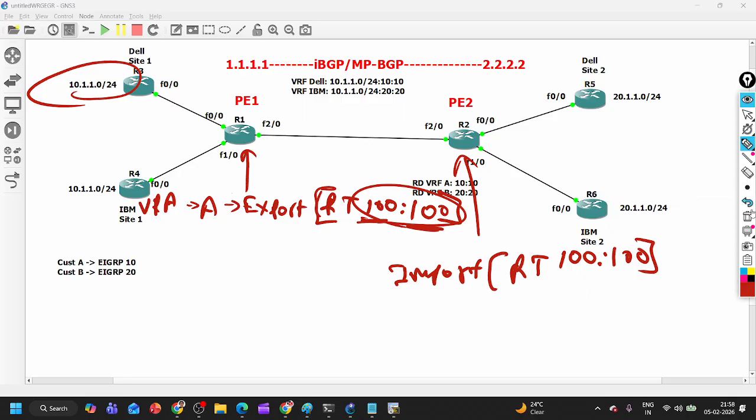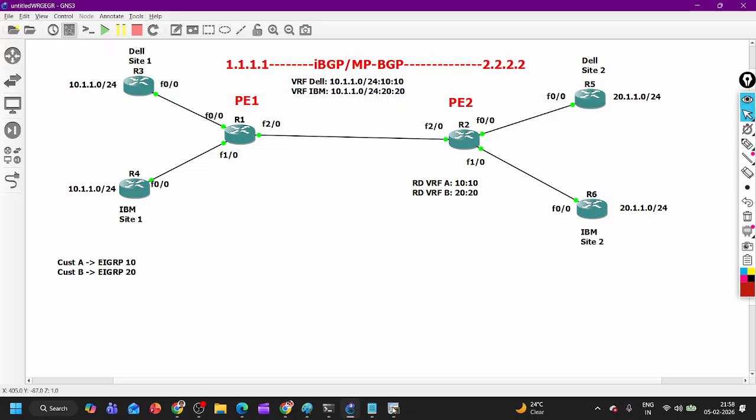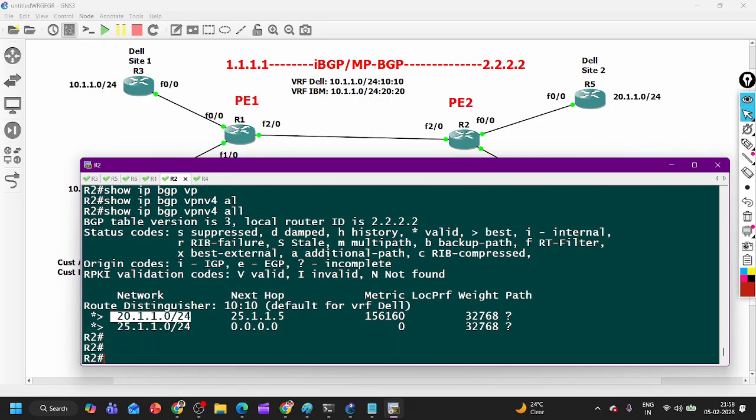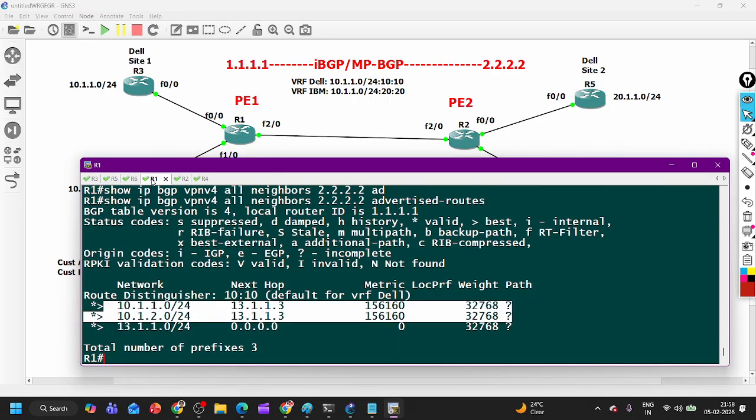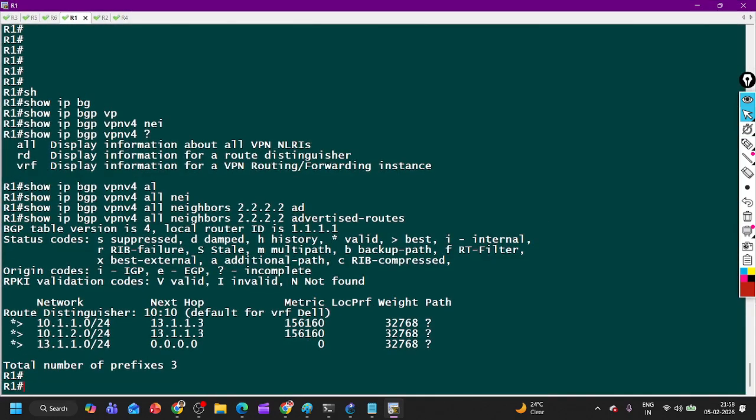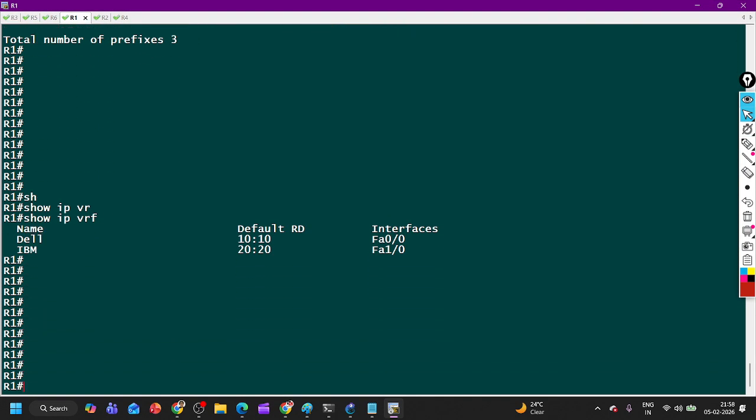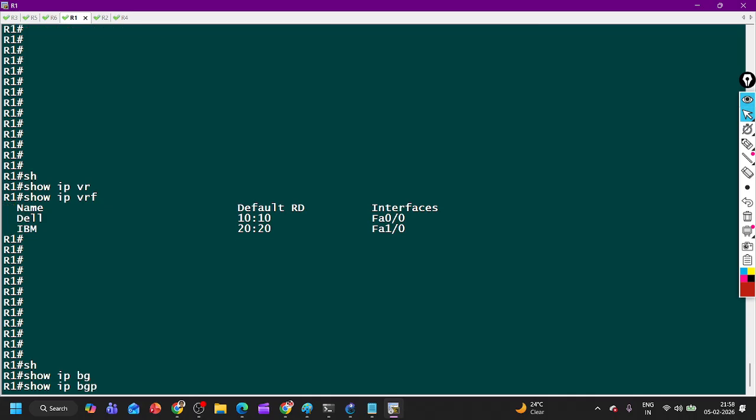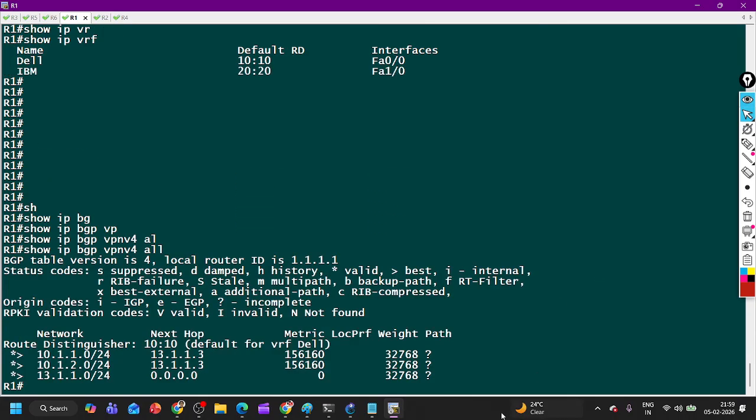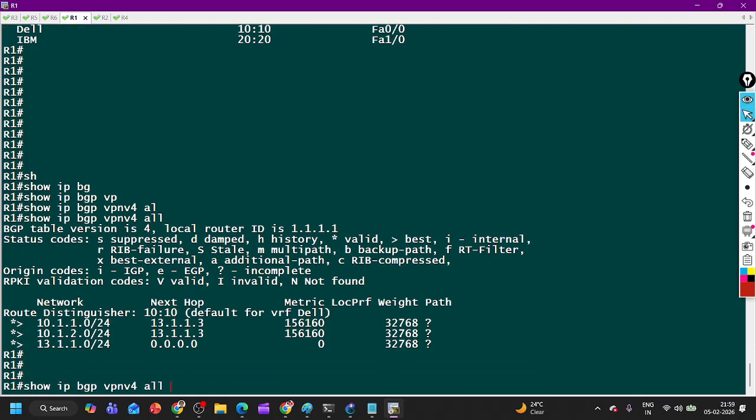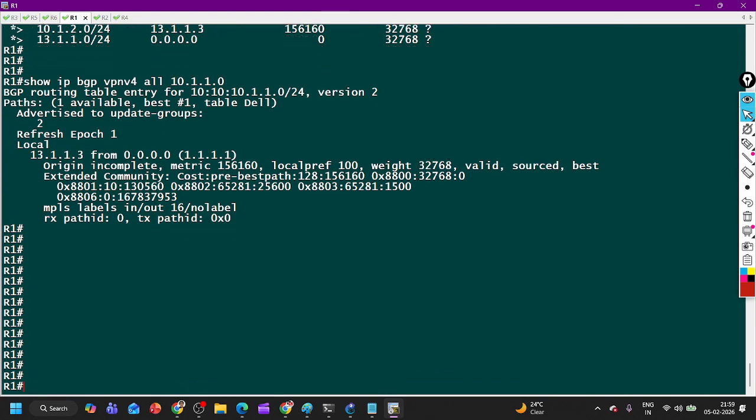Getting my point, guys? Let me show you with practical. Here on router number 1, if I open my VRF, so IP VRF, okay, this is clear. So IP BGP VPN v4. This is my global BGP. In BGP, I have some prefixes. If I open the prefix 10.1.0 in detail, here you can see